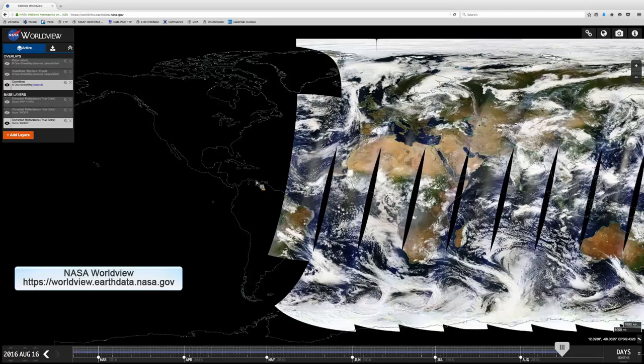Welcome to Worldview. Worldview is a tool developed by NASA that allows you to interactively browse global full-resolution satellite imagery. This tutorial will provide you with a brief overview of how to visualize NASA Soil Moisture Active-Passive, or SMAP, data, which are distributed by the National Snow and Ice Data Center Distributed Active Archive Center, or NSIDC DAAC. More specifically, we'll look at imagery layers representing soil moisture from SMAP data products over the United States in July